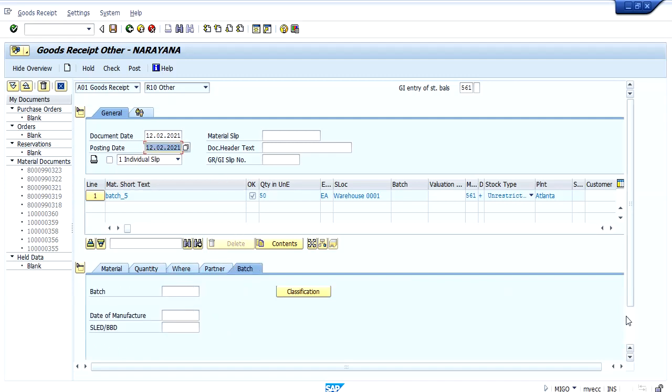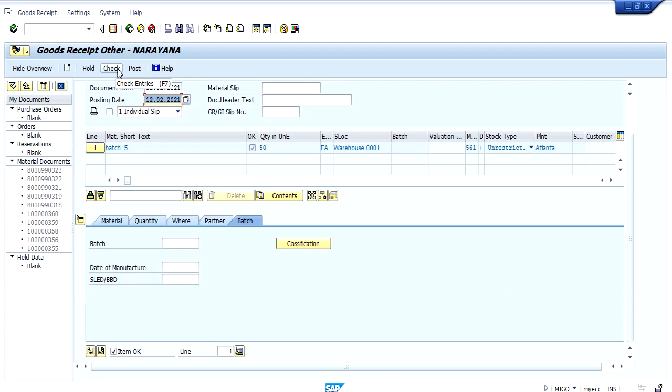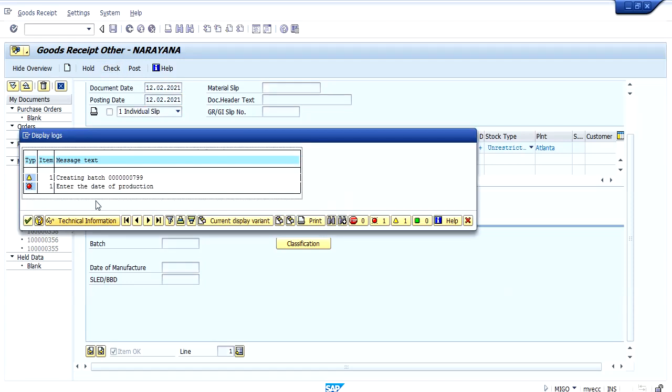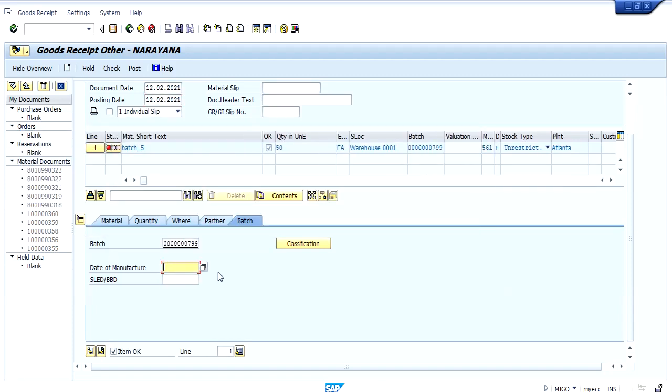So now if I click on check, the system will ask to give the date of manufacturing or date of production, because of the data I had maintained in the plant data or storage location tab in the material master, wherein I have maintained minimum shelf life and total shelf life data. Now it is okay. Post it.